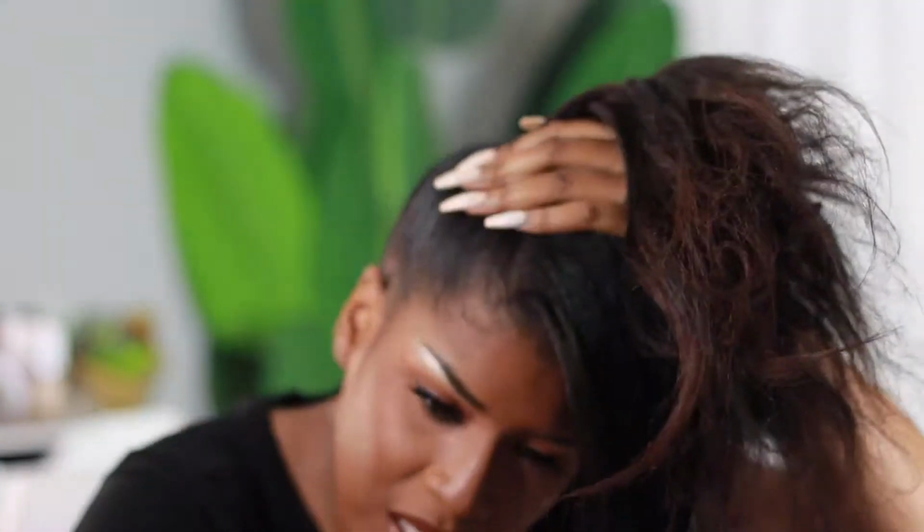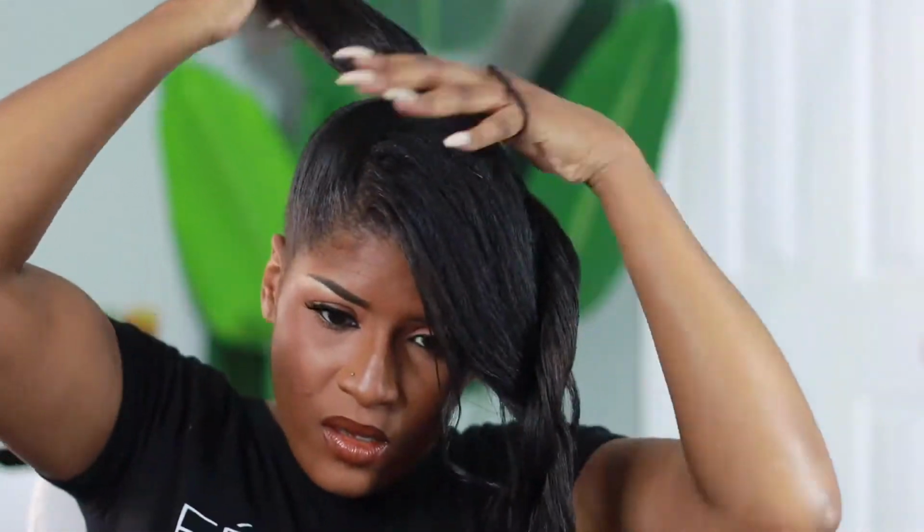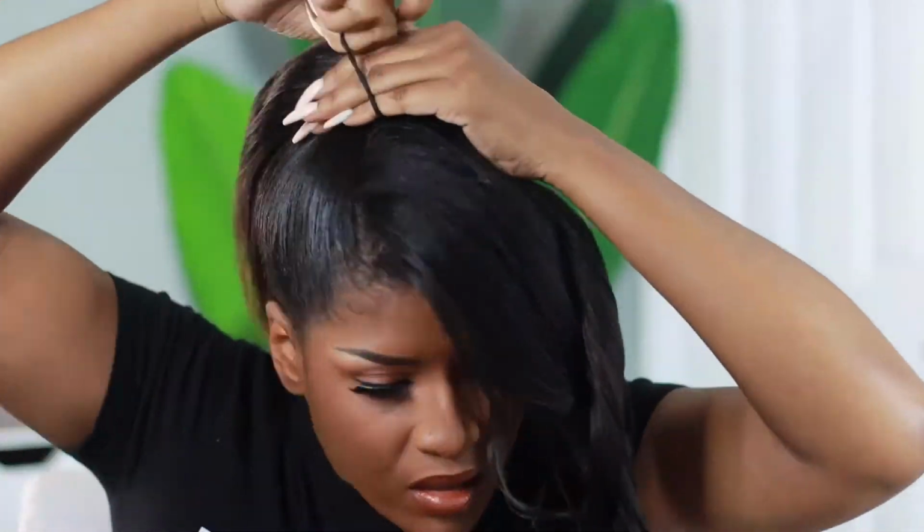Te adentraste en mi ser, dibujaste una rosa en mi piel,